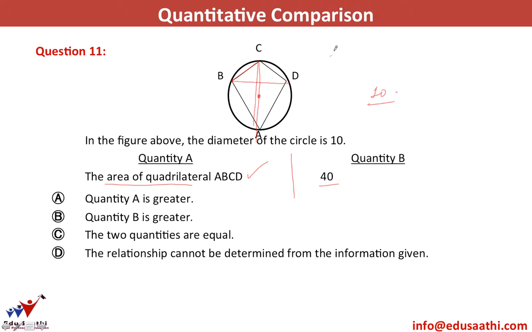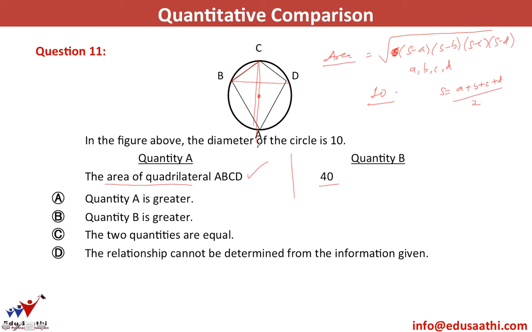Now the area of such a quadrilateral, which is a cyclic quadrilateral, will be given by the square root of (S minus A)(S minus B)(S minus C)(S minus D),